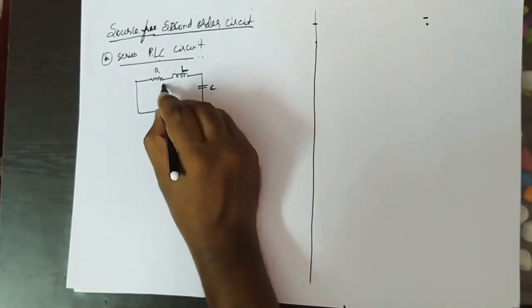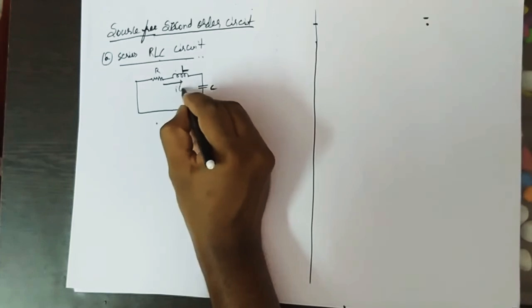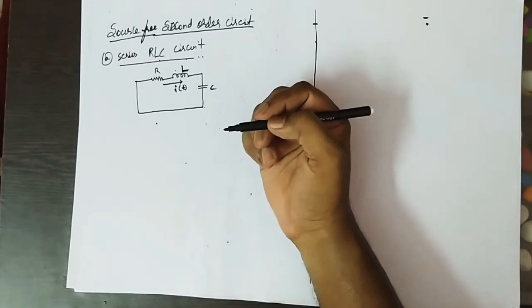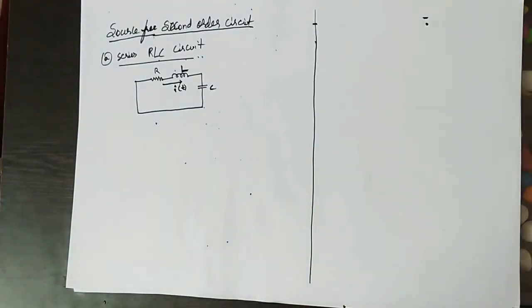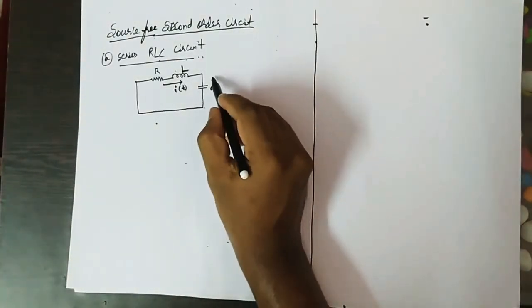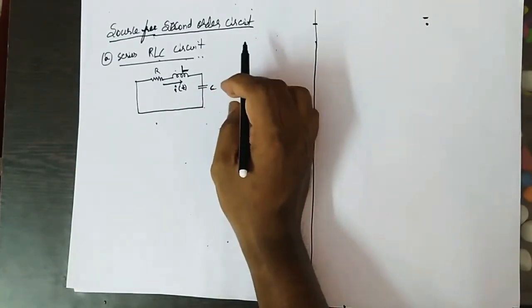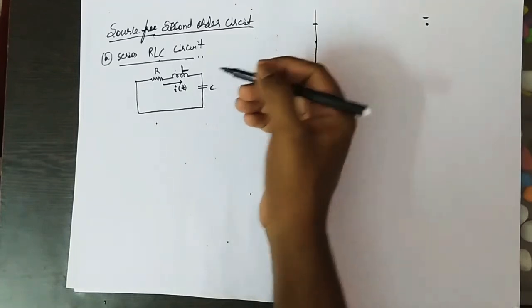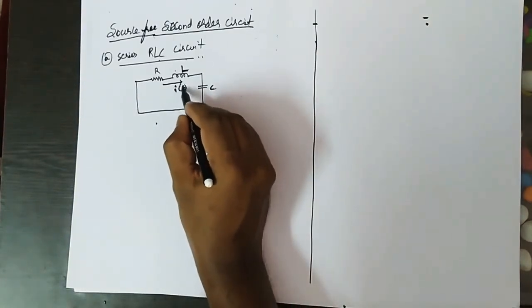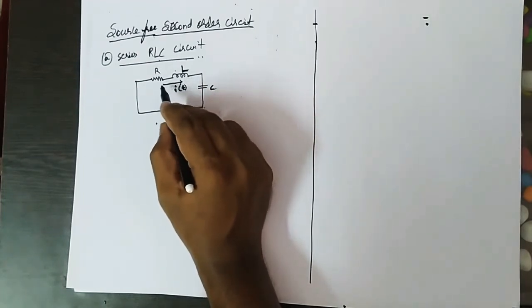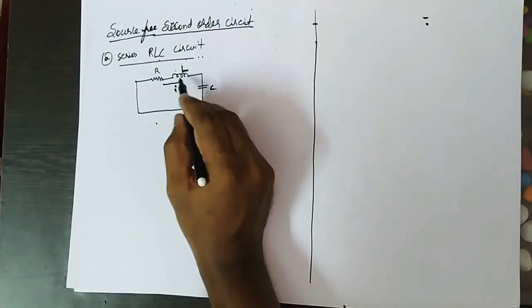In this circuit we are mainly dependent on the current i of t, in time domain form. With respect to time, we want to find the response here. Many of you may have a doubt: why don't we take voltage here? We'll discuss that concept later. For now we deal only with i of t for the series circuit, because the current is common for all these three elements. Whatever current is decaying inside the loop is common, so for that sake we take current i of t.